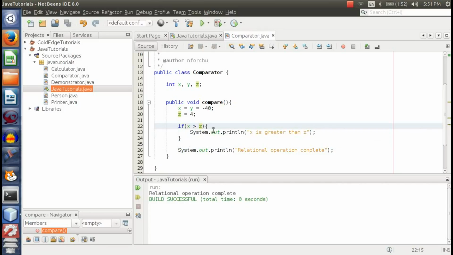The next one we have is the less than operator, which is simply the opposite of the greater than, and it does the same thing. It verifies if the operand on the left hand side is less than that on the right hand side. In this case, what is x? X is minus 40, z is 4. So is minus 40, which is the value of x, less than 4, which is the value of z? The answer is true, and we should get this message printed that